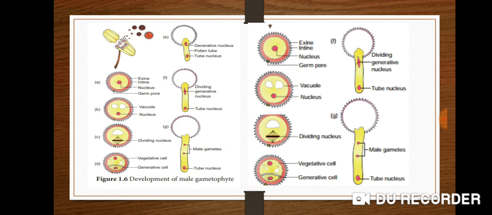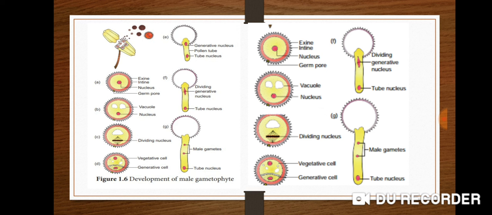The generative cell is spherical and it is smaller than the vegetative cell. The cytoplasm of the generative cell is highly reduced and hyaline in appearance. It lacks reserve food materials and RNA. The DNA content is very large. It contains the cell organelles like mitochondria, ribosomes, dictyosomes, and microtubules. The pollen grains are shed from the anther usually in two-celled stage, that means the vegetative cell and generative cell.